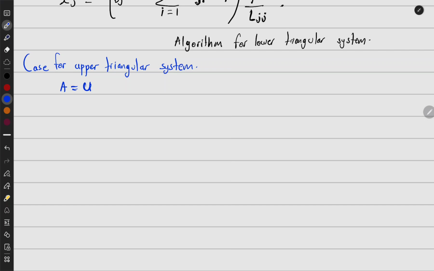So what do we have? So meaning my system is of the form U x equals b. So therefore my Ux,